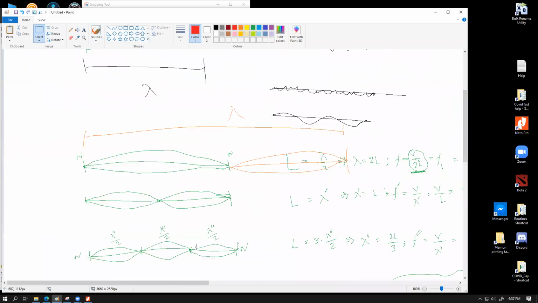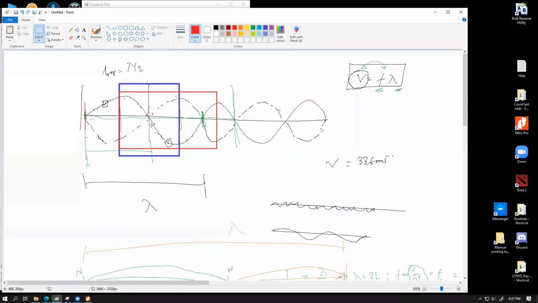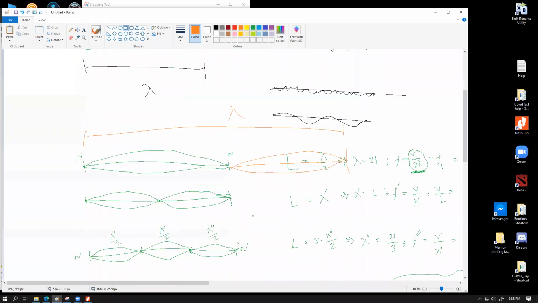In this case, we're gonna try to accommodate a much bigger segment of the stationary wave over here. So the blue rectangle over here was for the first harmonic, the red rectangle was for the second harmonic, and for the third harmonic, let me draw with, let's say, maybe orange. So we can start from the same point and we're gonna try and go up to this point. So I'm talking about this much segment. So if you now take this much segment and try to squeeze it within this length, we're gonna be producing